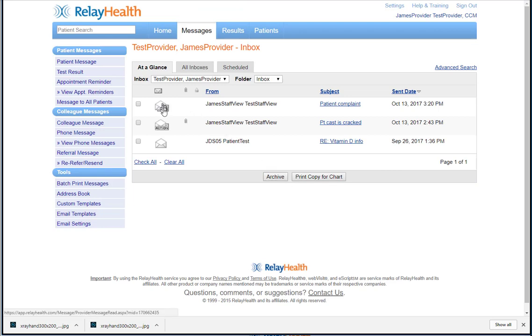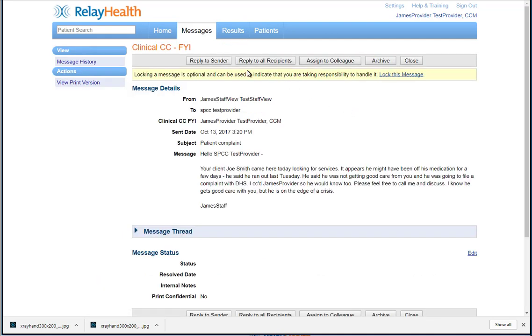We're going to take a look at this next message, FYI, patient complaint. So you see here at the top, clinical CC, FYI. So it is from this colleague, it was going to this colleague, and I am the clinical CC FYI recipient. Here's the sent date, and here's the little story. The client is in crisis, and they said they're not getting good care from you, and they're going to file a complaint with the DHS. And so